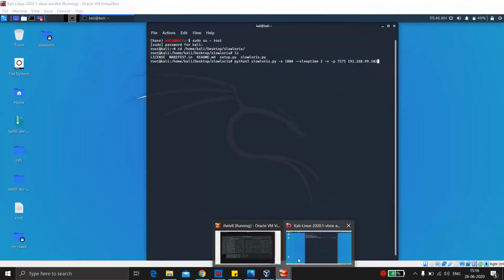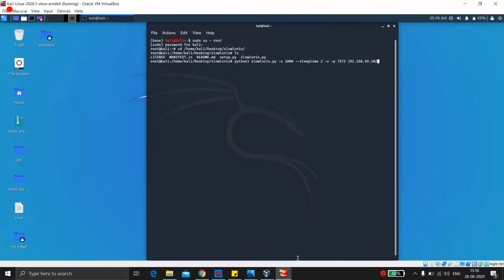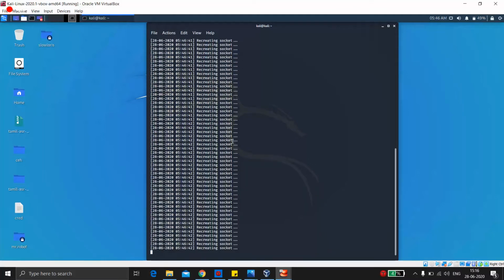This is just from one machine. If we start from this one too, it is creating the same DOS attack. It would first create around 1000 sockets, and then it would start attacking our web server. You can see it's sleeping for 2 times. Attacked is 195.